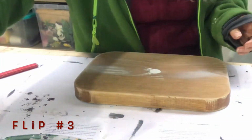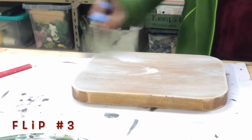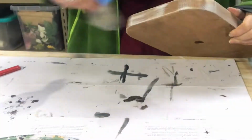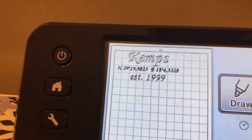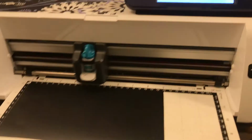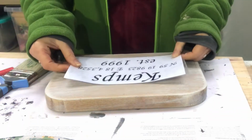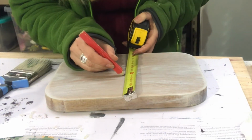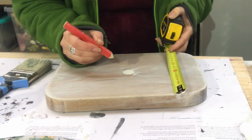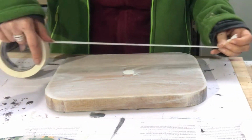For flip number 3, I will dry brush the board, but I also need to address the wood filler in the center there, because that will show otherwise. But before I do that, I go to my Scan and Cut, and I just cut out some wordings, and I see where I want it, and then I decided to make a stripe right in the center, not too wide, just tape it off with some painter's tape,